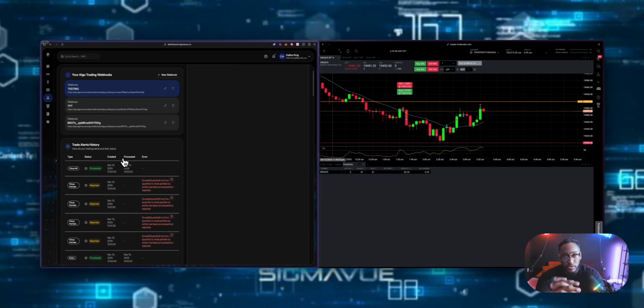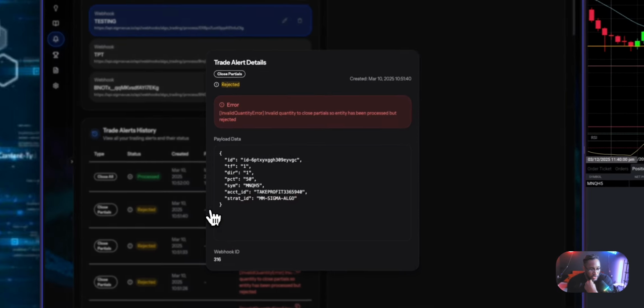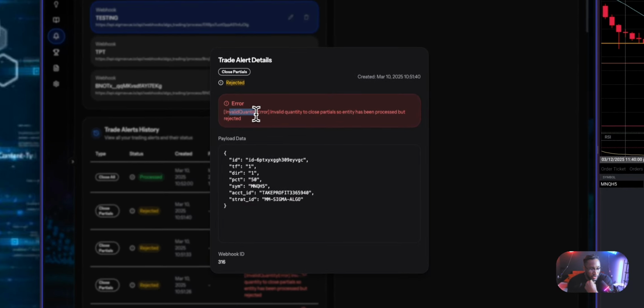We've come across certain issues where people try to connect their accounts not realizing that they need to sign into Tradovate first and go through that process. So if you don't, orders won't execute, webhooks won't work. Sometimes you don't pay the subscription, you don't realize it, accounts are disabled, right? But we made it so if it does get rejected, like you see here, you can click on it and see the error. Invalid quantity error, invalid quantity to close partials. The entity has been processed but rejected, and